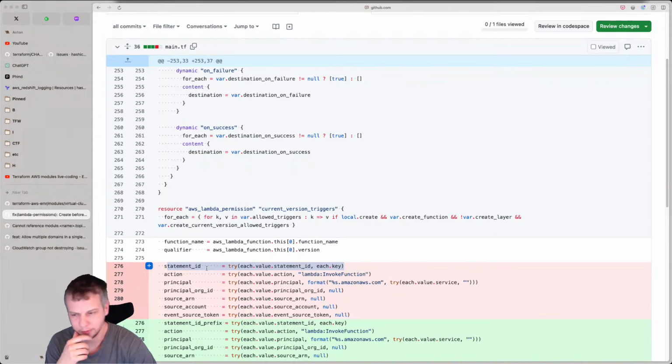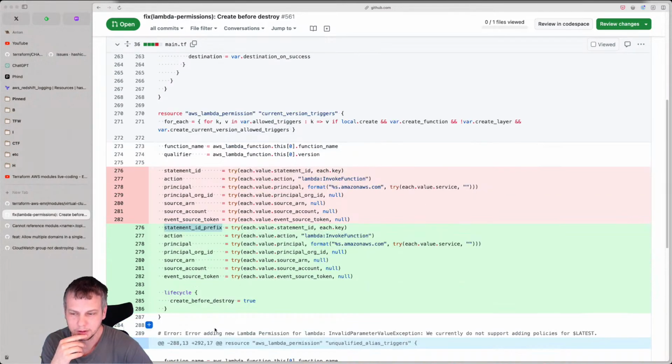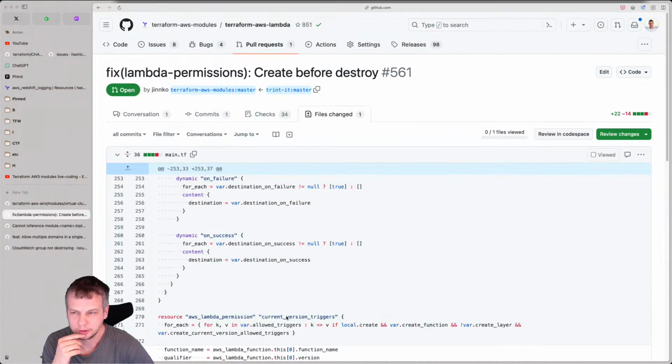So that's how it will work. In this case, statement ID will not work, but statement ID prefix will work. So statement ID prefix with create before destroy.